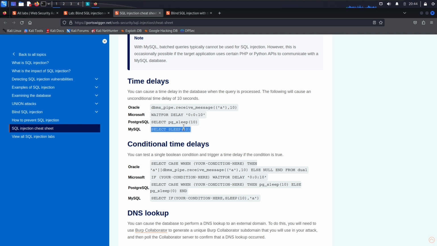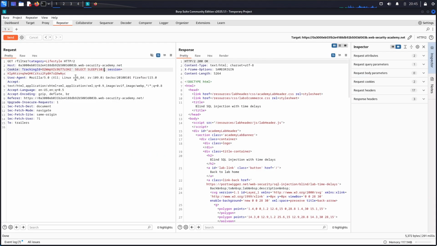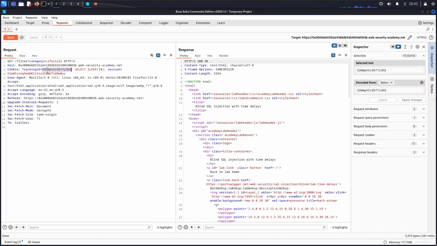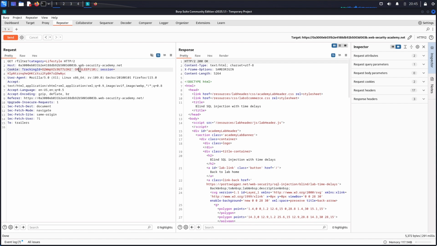You can try different variables, different payloads, to see which one is successful. What we need to do is come here, add it, and then we know that we have a slip. So this tracking ID has been passed to a select statement. So we already have a select statement, and then probably something like selecting where the tracking ID is this. And then we can remove this select, because we already have one, and then we just say